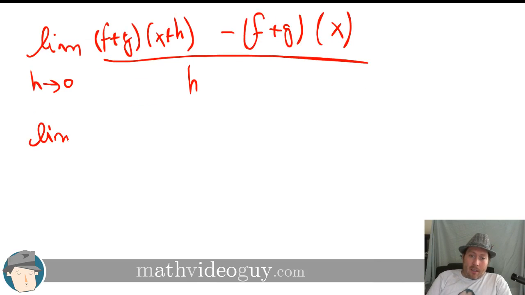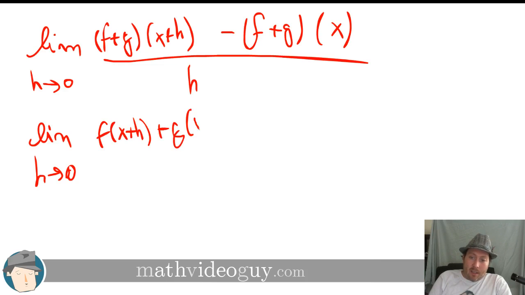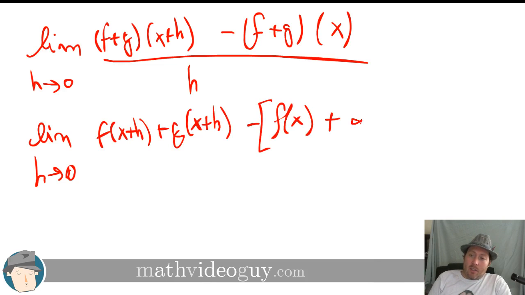Now again, this (f plus g) of x plus h is just f of x plus h plus g of x plus h, so I'm going to write that out that way. So f of x plus h plus g of x plus h minus f of x plus g of x